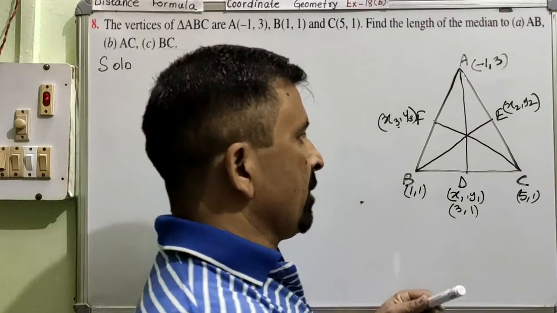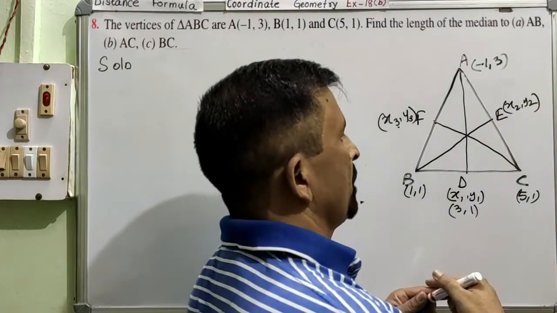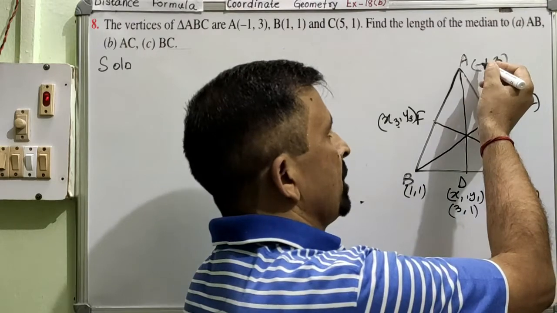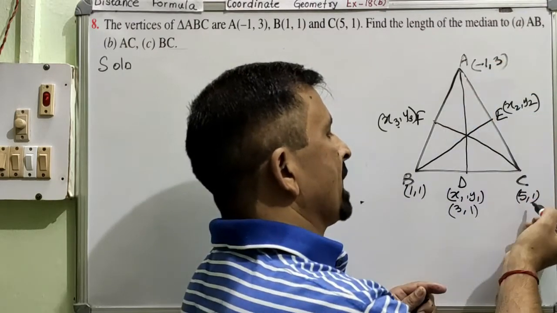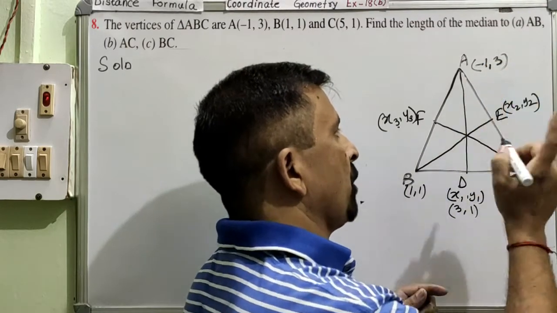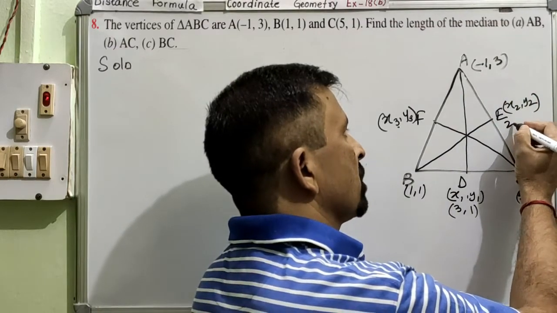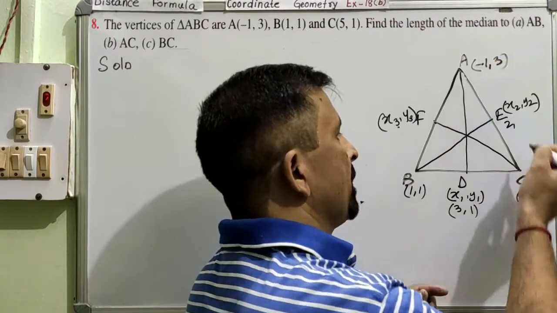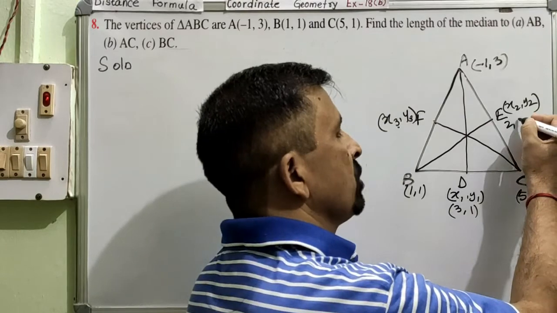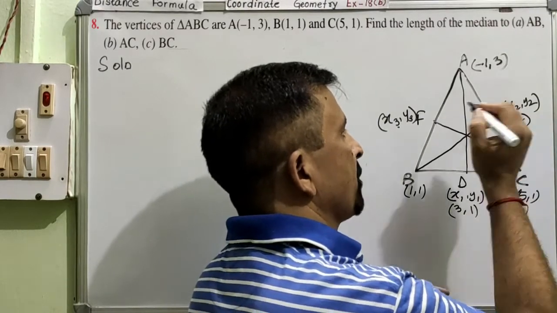Verbally we can calculate. Likewise, now move on to x2, y2. So 5 minus 1, because this is negative. So 5 plus minus 1, that means 5 minus 1 is 4. 4 divided by 2 is 2. So that's the value of x2. Now y2: 3 plus 1, 4. 4 divided by 2 is 2. So this becomes the coordinates of your E.